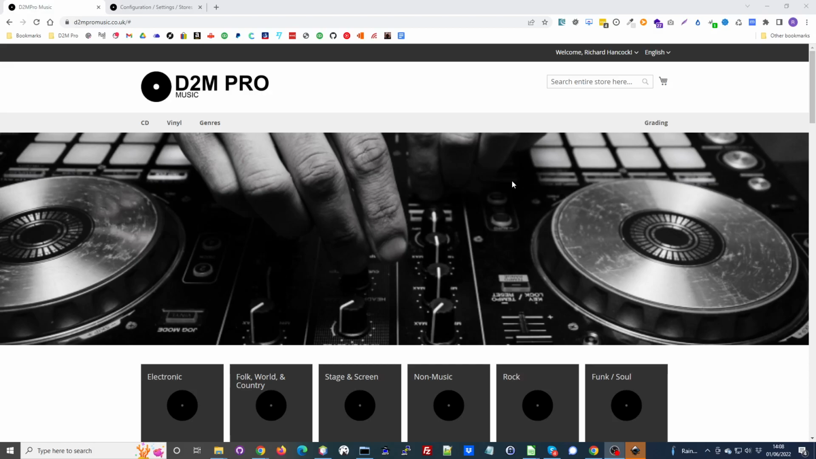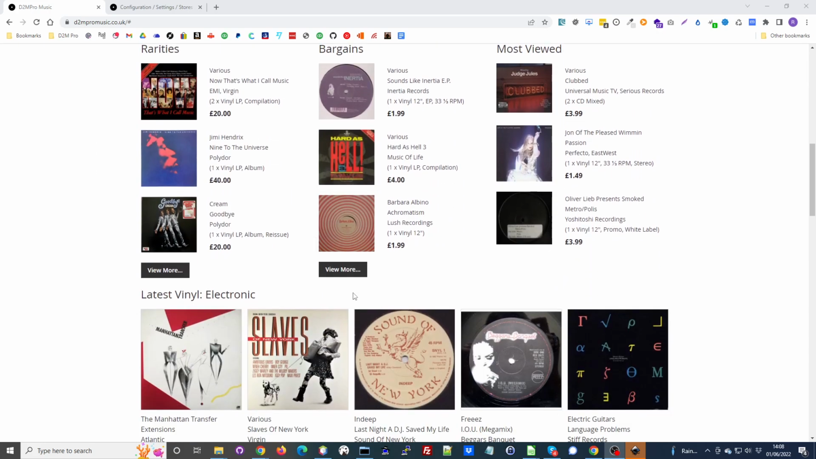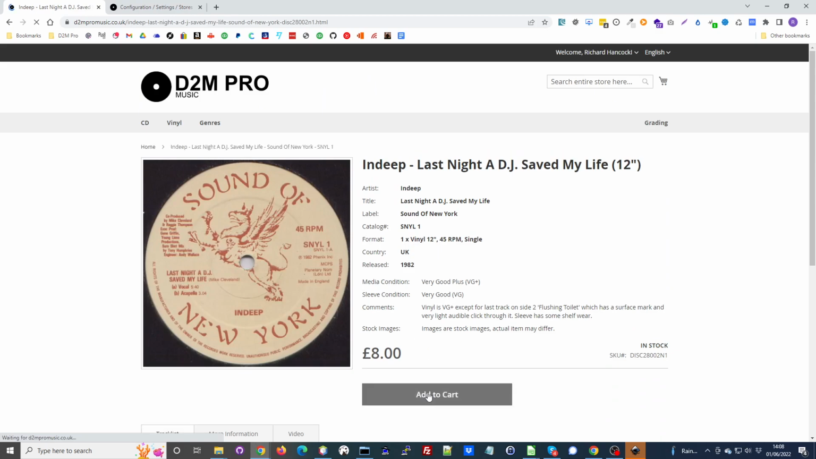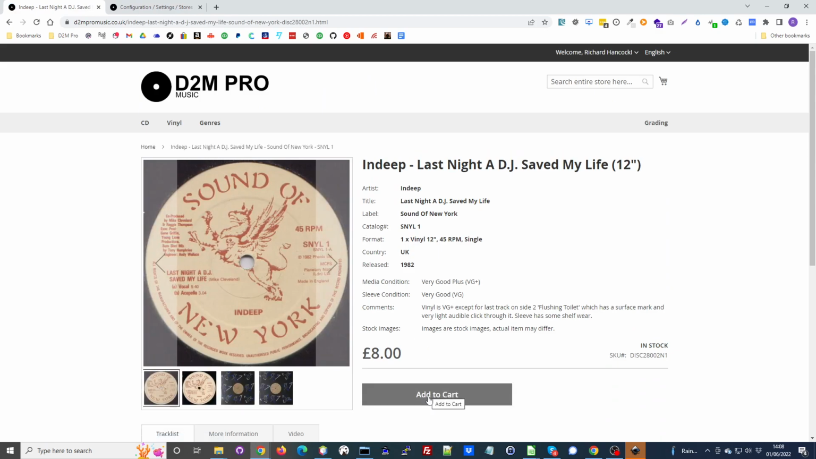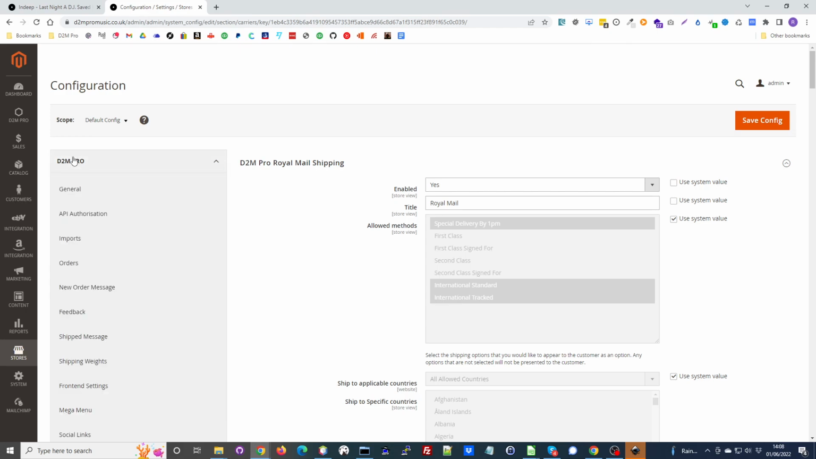Okay, we're going to go through the steps to enable the Magento shopping cart. The first thing to do is to enable the shopping cart itself rather than have add to cart links go to Discogs. So if we have a look at one of our products here, we can see that we've got an add to cart button rather than add to Discogs cart. And to get that to be visible, we need to enable that, which is in the configuration section,